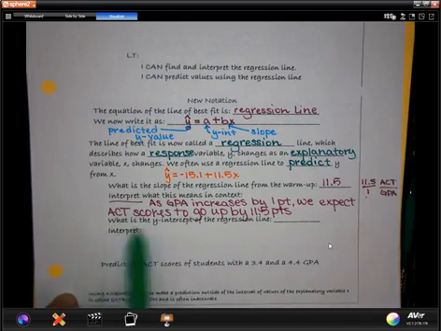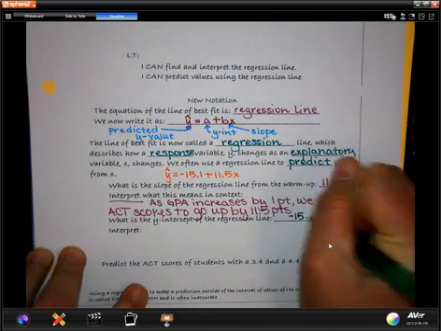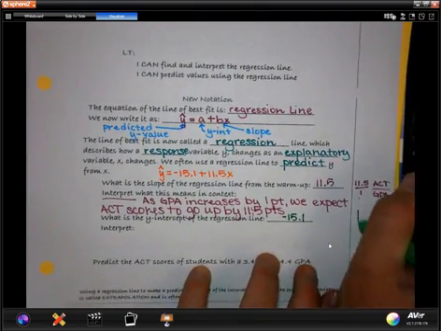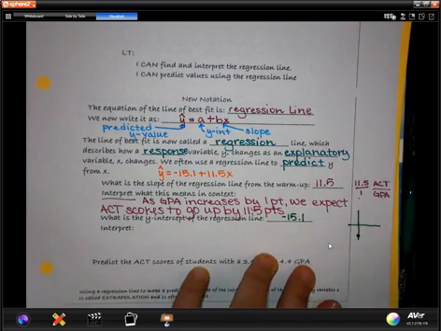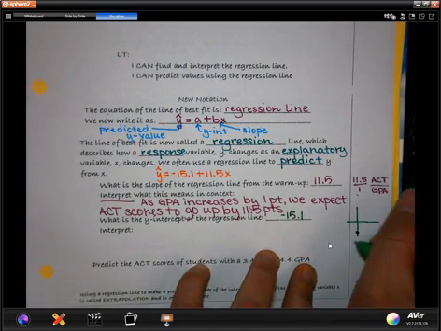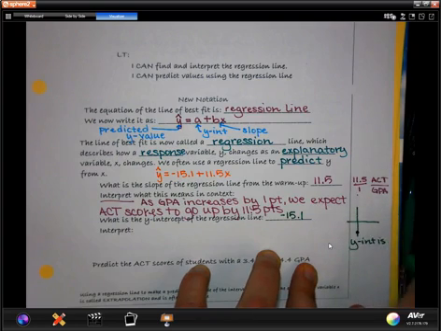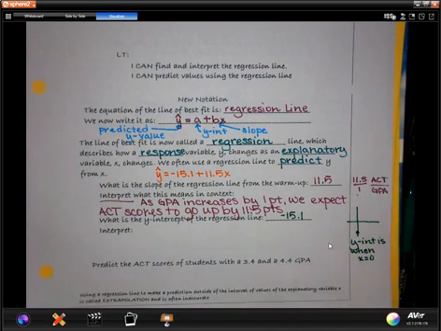All right, so what is the y-intercept? The y-intercept is negative 15.1. And remember, y-intercepts are on the y-axis, so they're when x is 0. So we're going to talk about x being 0, and in this case our x is GPA. So we're going to say something like